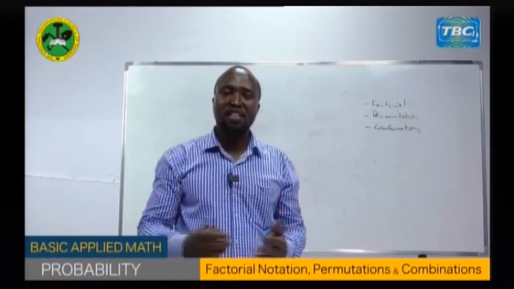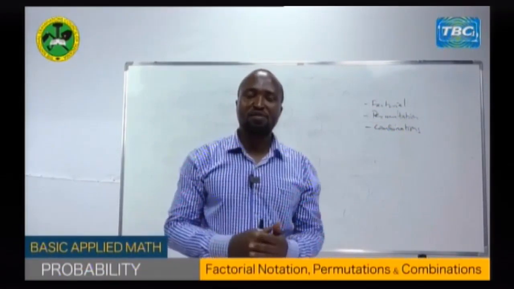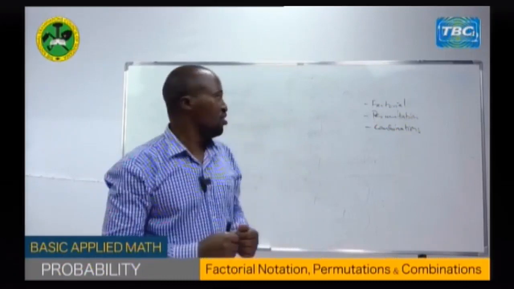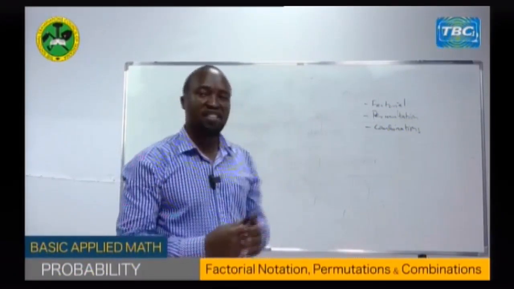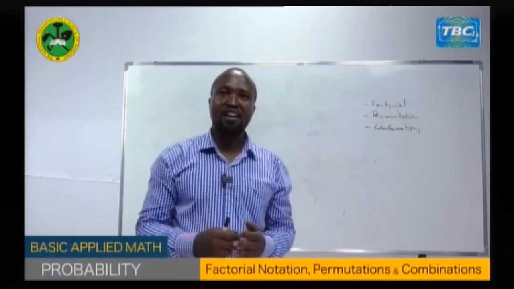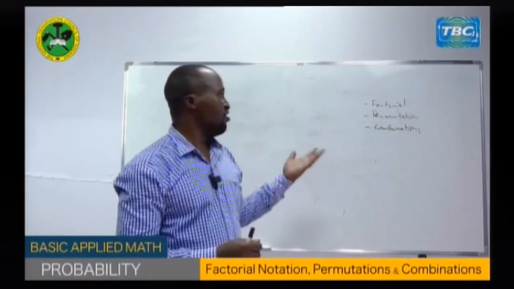For the case of permutation and combination, we have seen the differences between them. For the case of permutation, just to remind you, is arranging items with care of order. But again, for the case of combination,